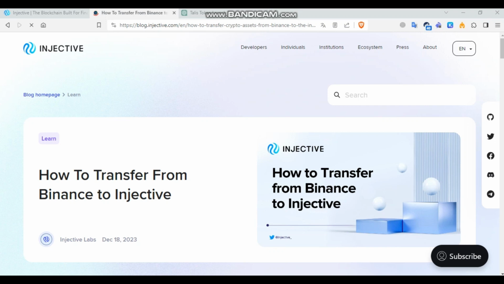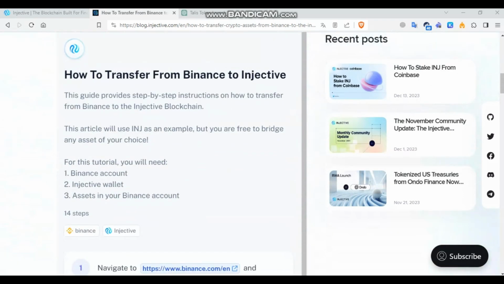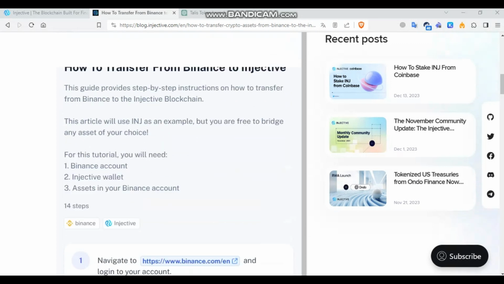Hello friends, in this video we'll talk about how to transfer from Binance to Injective token INJ. This provides a step-by-step guide on how to transfer from Binance to the Injective blockchain. This video will use INJ as an example, but you are free to bridge any assets of your choice through